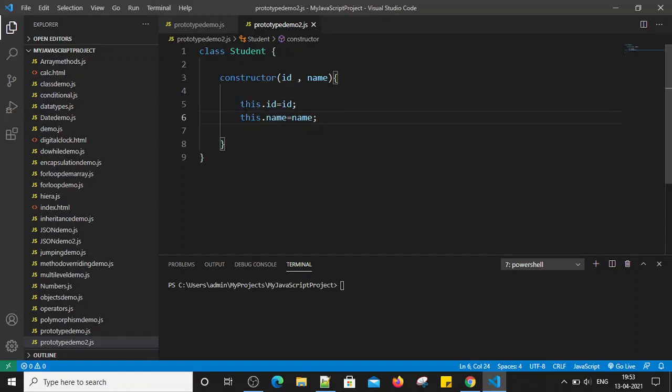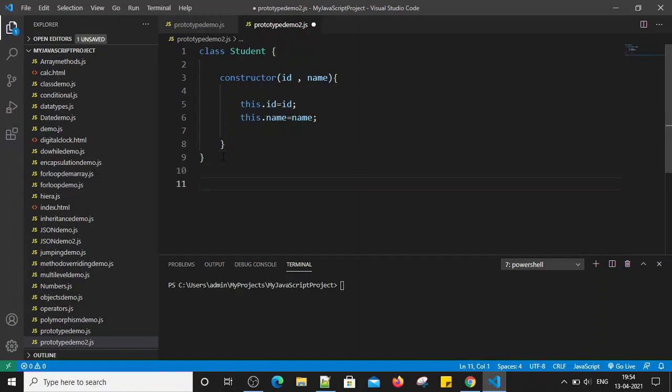This will be initialized whenever an object of the Student class is created. The constructor will get invoked and will initialize the values for id as well as name, whatever values we pass in the parameters while creating the object. So it will automatically invoke this constructor.